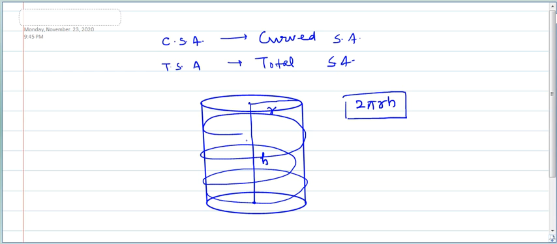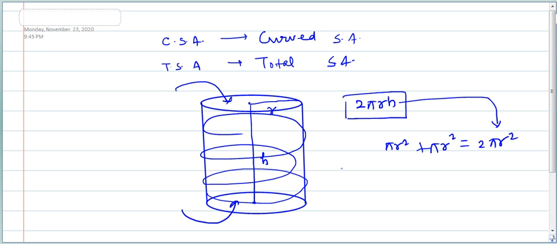And what is the meaning of total surface area? Whenever the cylinder is closed, means ये upper face और ये bottom face, so top and bottom are also included. Now you can see that both these faces are circular in shape, so एक circle का area होता है pi r square. Top and bottom are also circular, so we add both these because both the circular faces are equal, so the area is also equal. Now it is equal to 2 pi r square.